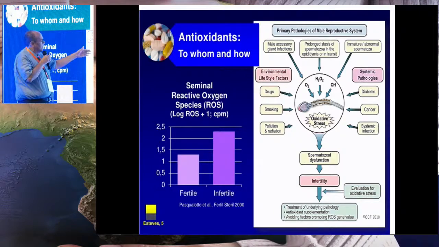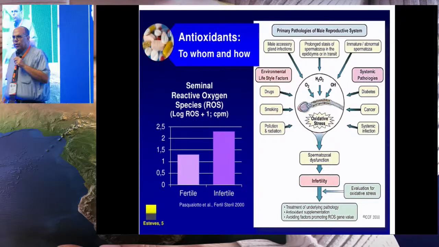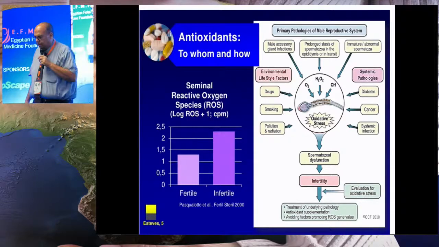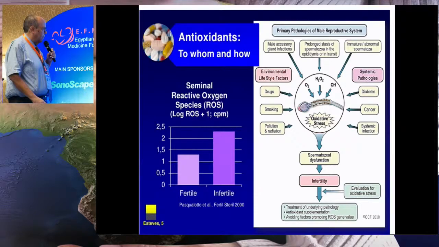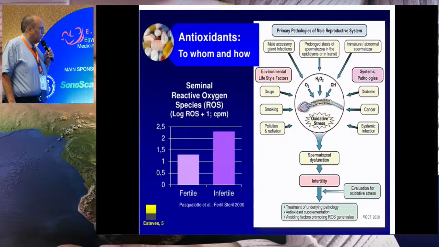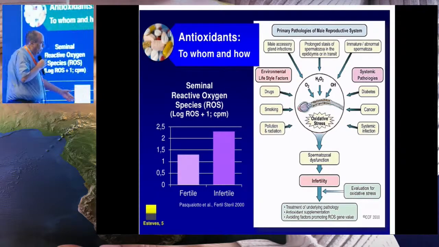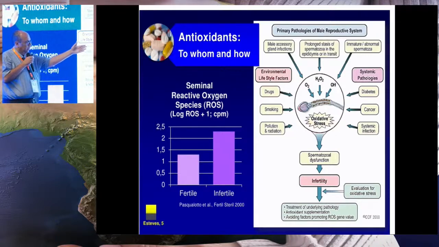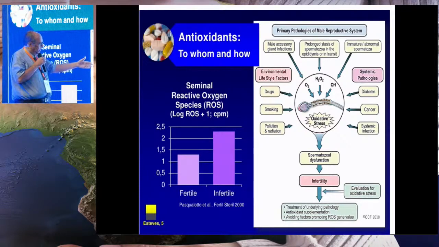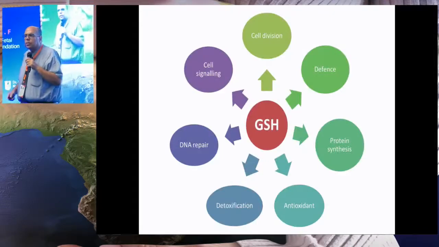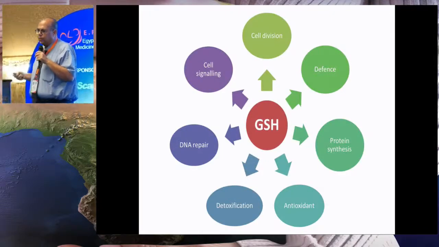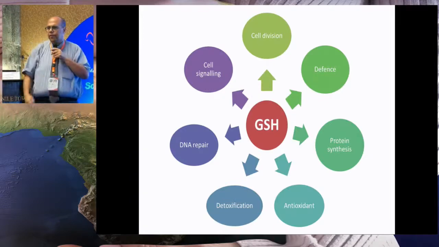Why do we have these things? Too much smoking, too much pollution, pathologies, diabetes, systemic infections, and so on. So we have a multitude of factors working against us, especially males. And these can cause oxidative damage to our reproductive capacity. What can we do about that? We can try to treat the pathology. Diabetes, good luck. Obesity, good luck. Systemic infection, stopping smoking. In fact, some toxicity, we all know, paracetamol poisoning is probably due to excessive damage to the